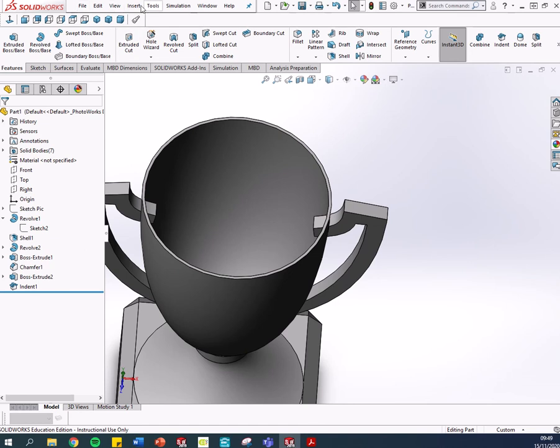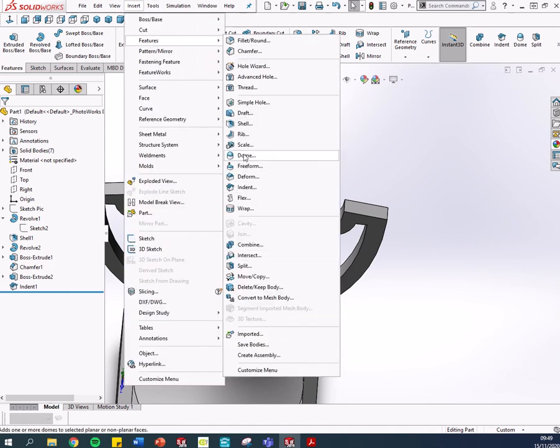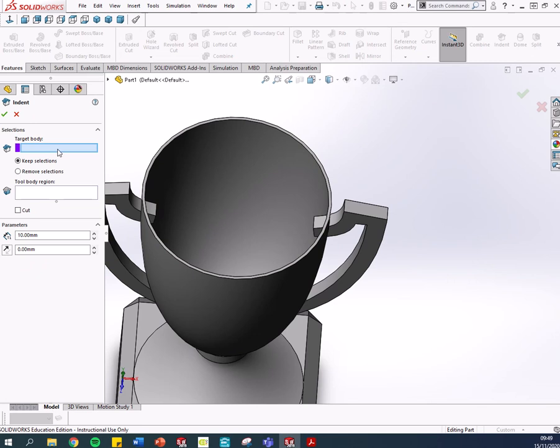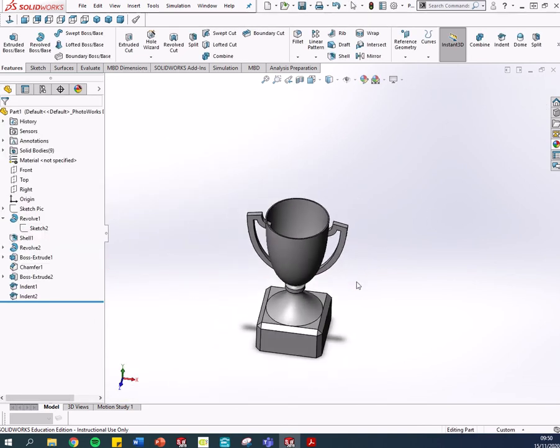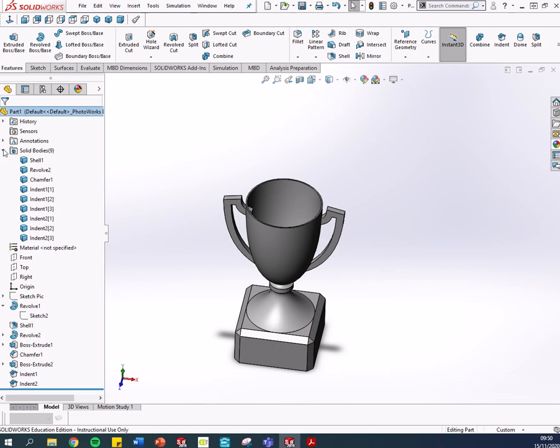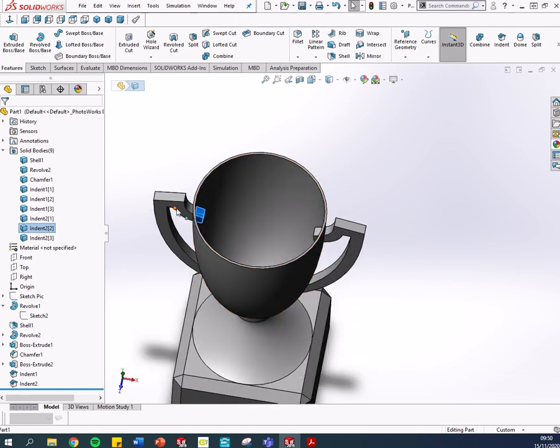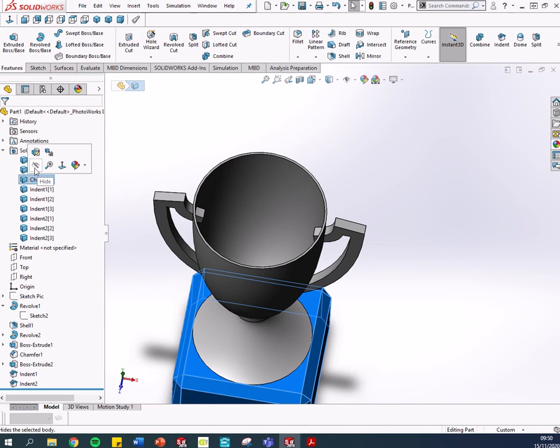So I'm going to do the other one now, insert, features, indent, target body is the thing that's being cut, that's the handle, tool body is the thing that's doing the cutting, that's the cup, and we tick cut, green tick. Once again it looks like nothing's happened, but it actually has. If we go up here now, we've a solid bodies folder, and we've got 9 things in it. Now the 9 things we have is handle 1, the little trimmed off bit there, see, that's what we've separated that part from the handle itself, so they're not one continuous body. There's the other bit down the bottom, there's the handle on that side, the other little bit, the base, the revolve,